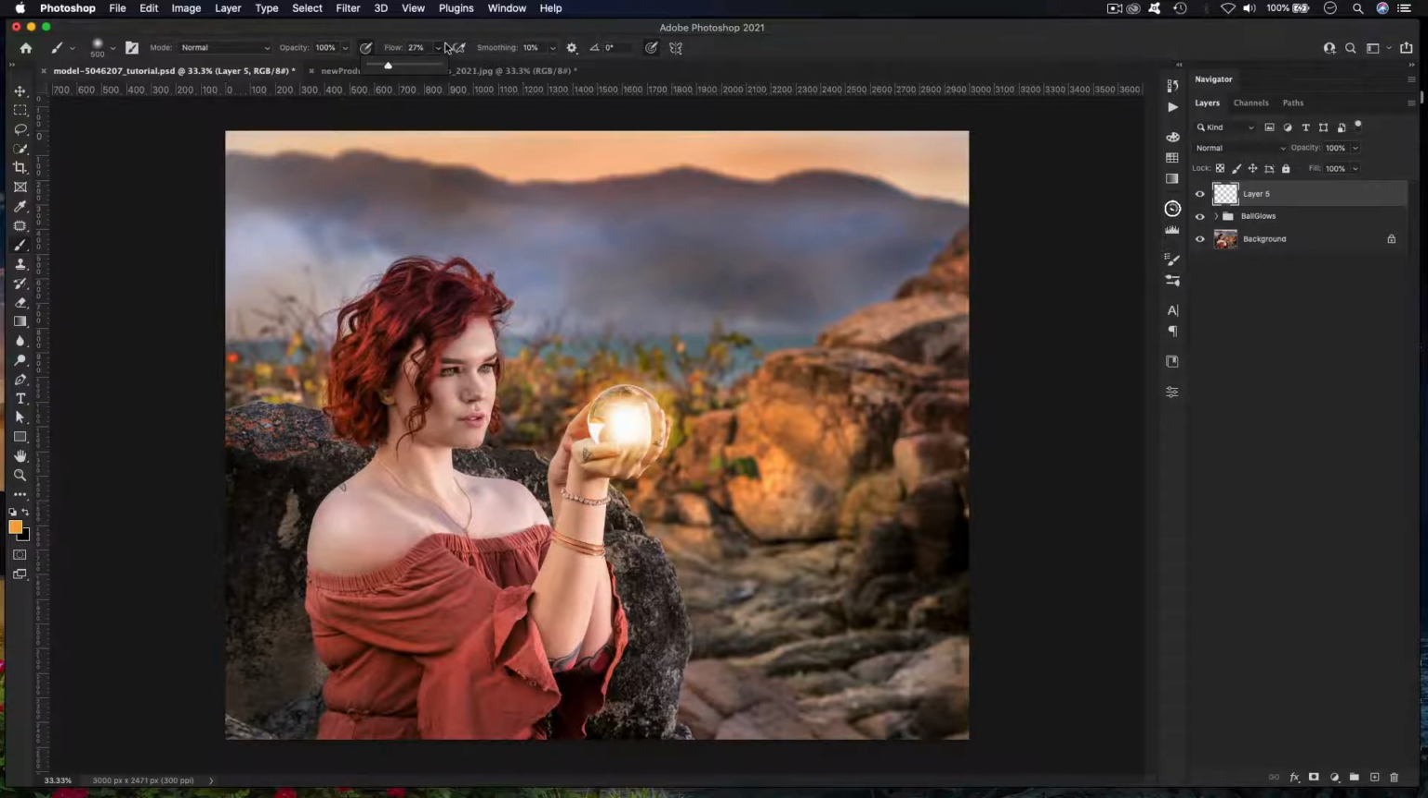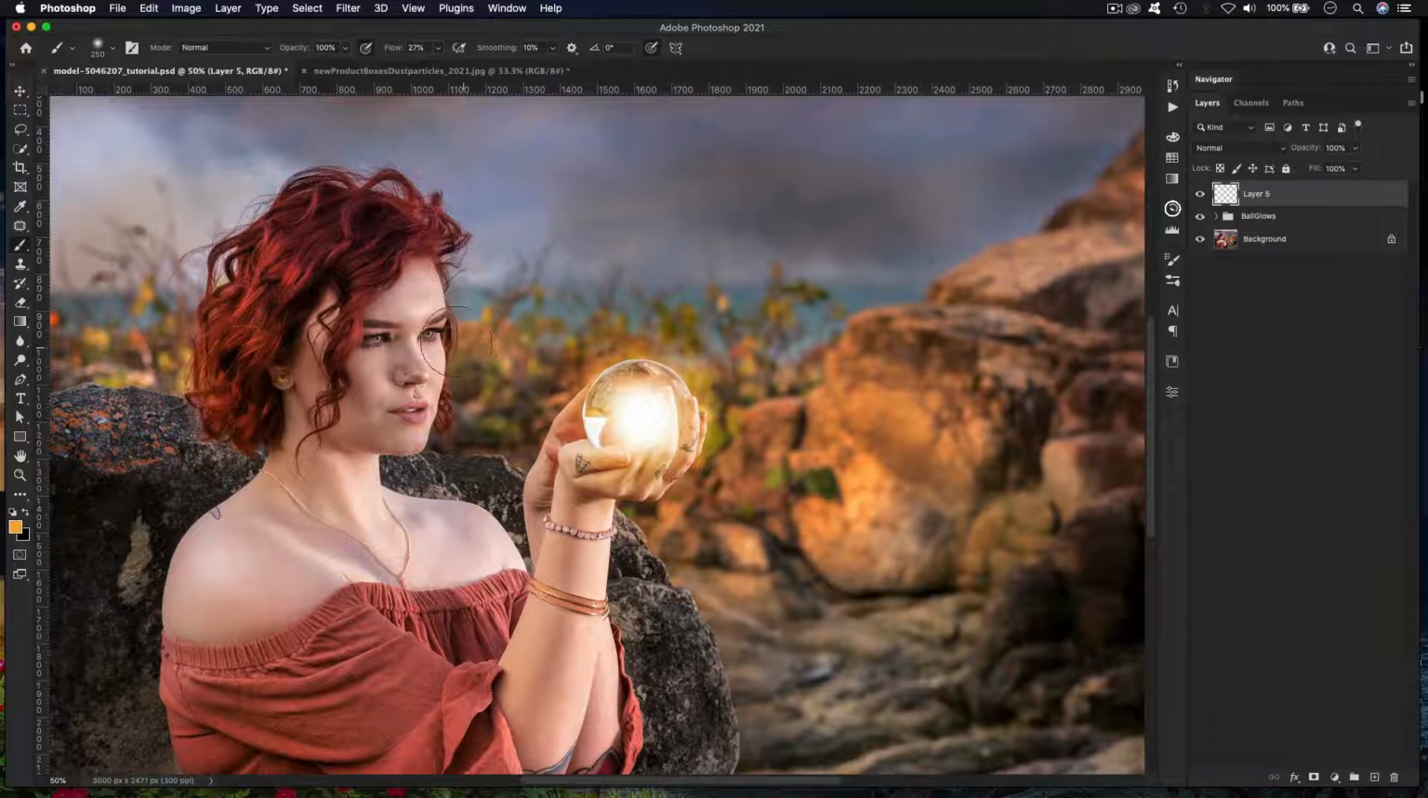By the way, I'm using a mouse. If you were using a graphic tablet, that would be a little bit easier, but I'm just using a mouse here to do that work. Set the flow down here. Make sure the flow is down, and I will just zoom in a little bit and start painting